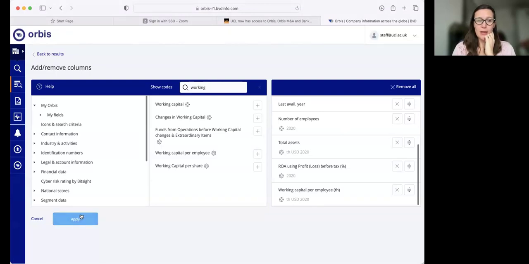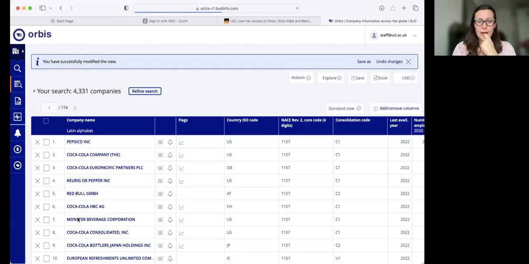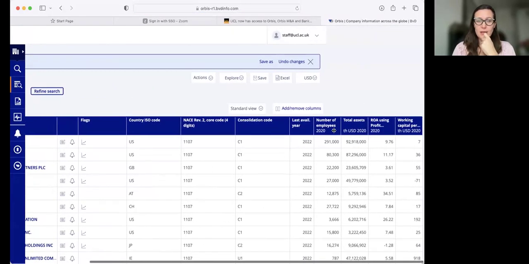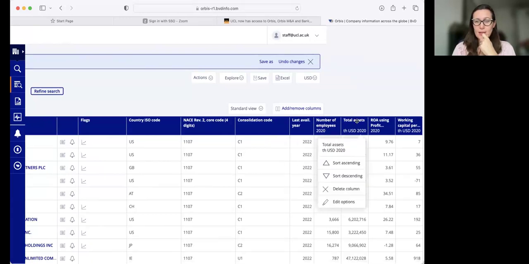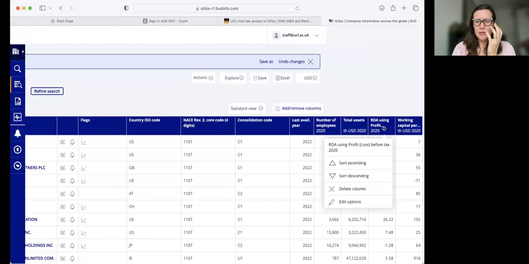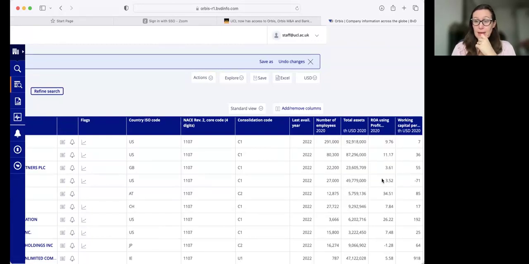Right, we say apply. Yeah, we need that little button on the left-hand side in blue, apply. And if we look again at our spreadsheet, these columns have been added. Number of employees in 2020, a measure of size. Total assets in 2020, a measure of size. ROA in USD dollars, I don't remember the measurement here and how many units, but we have them in absolute